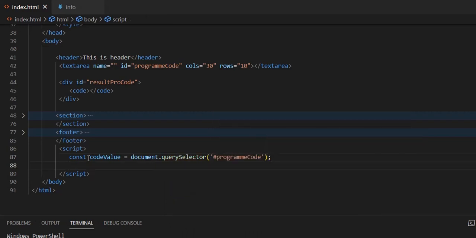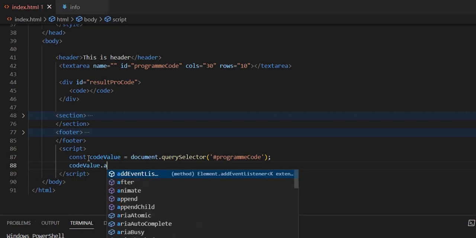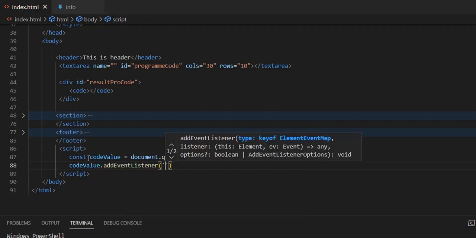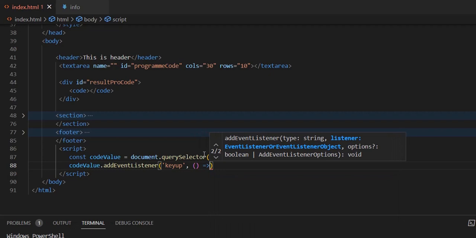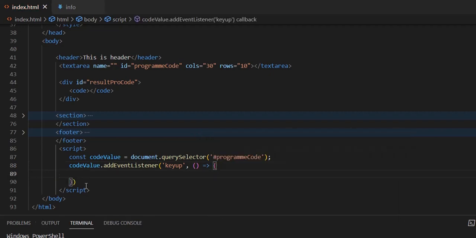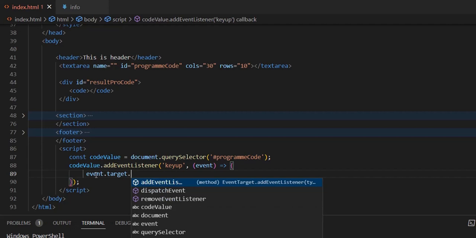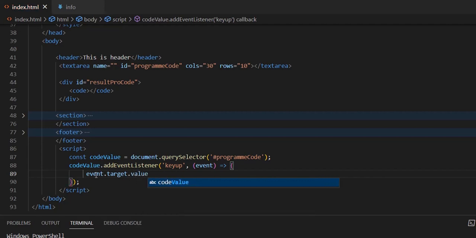document dot querySelector of the ID attribute. Then this code value dot addEventListener of the keyup event. Each time a key is released, it should be reflected in the code element. For that, add a callback function and pass the parameter event. Then event dot target dot value, take that value and